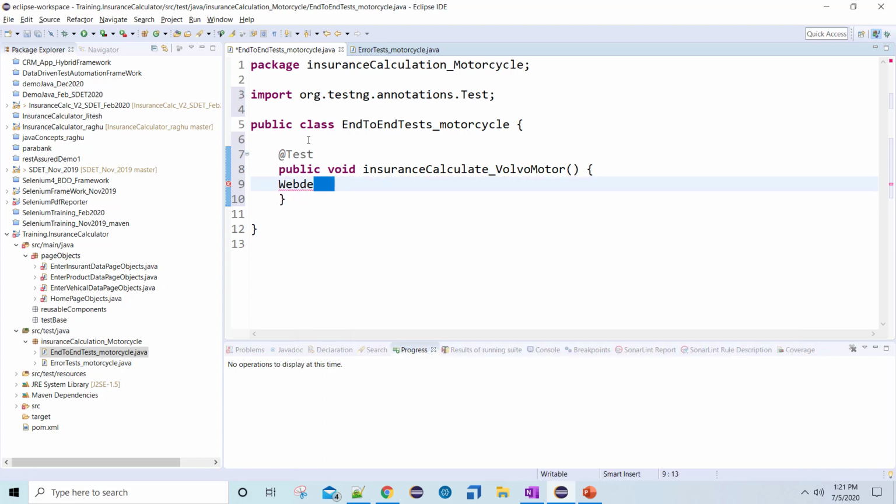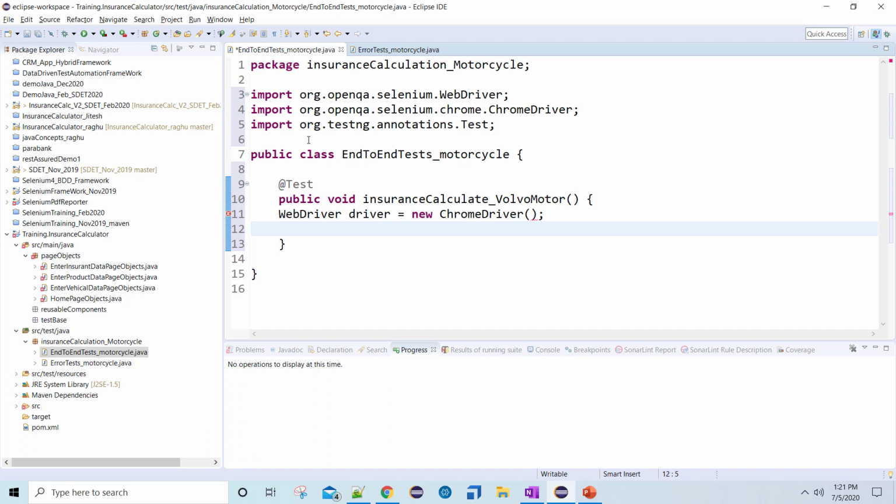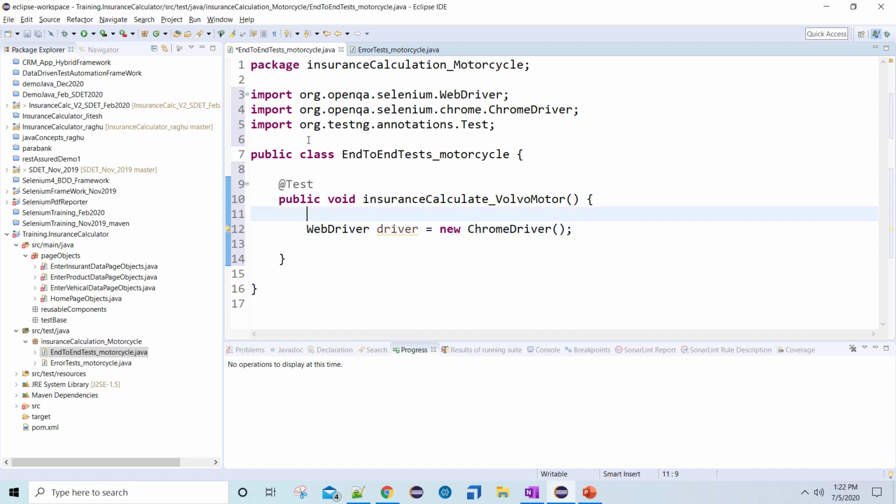WebDriver driver is equal to new, let's say, ChromeDriver. Before we define this WebDriver, we should do the System.setProperty in order to set the driver executable. In my case, I'm not doing that particular setting manually.